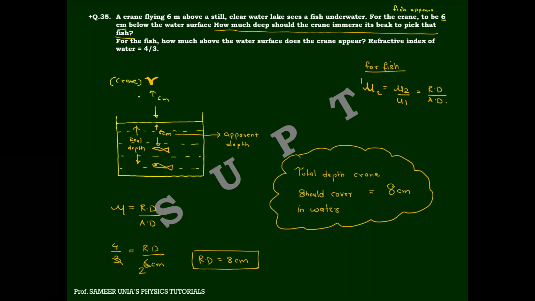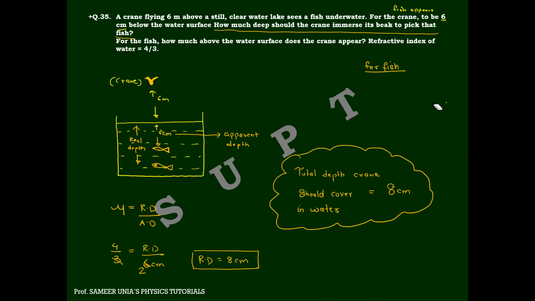So can you tell me what will be mu 1 and what will be mu 2? जल्दी बोलो। Mu 1 is air and mu 2 is water. अच्छा, what will be the real depth and the apparent depth? हाँ ठीक है, इसको इस मेथड से नहीं करते हैं, दूसरे मेथड से ही करो ताकि आपको थोड़ा और क्लैरिटी आ जाए।